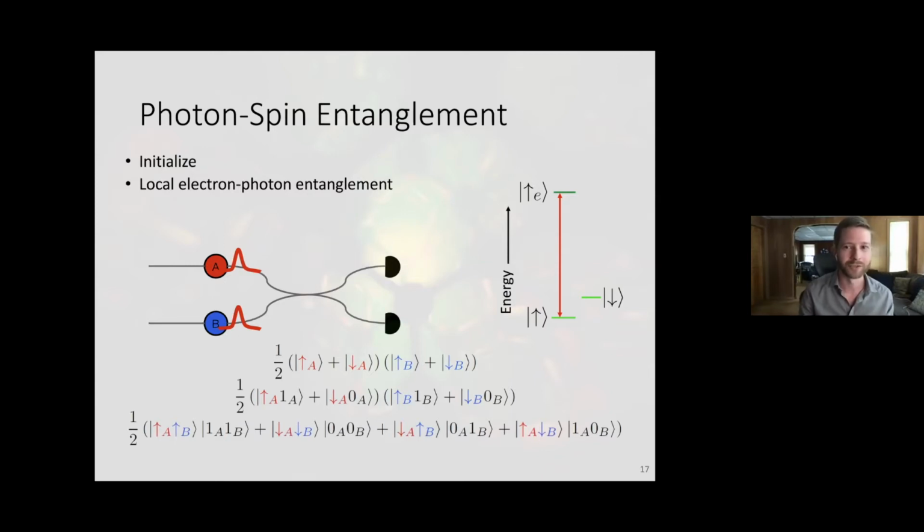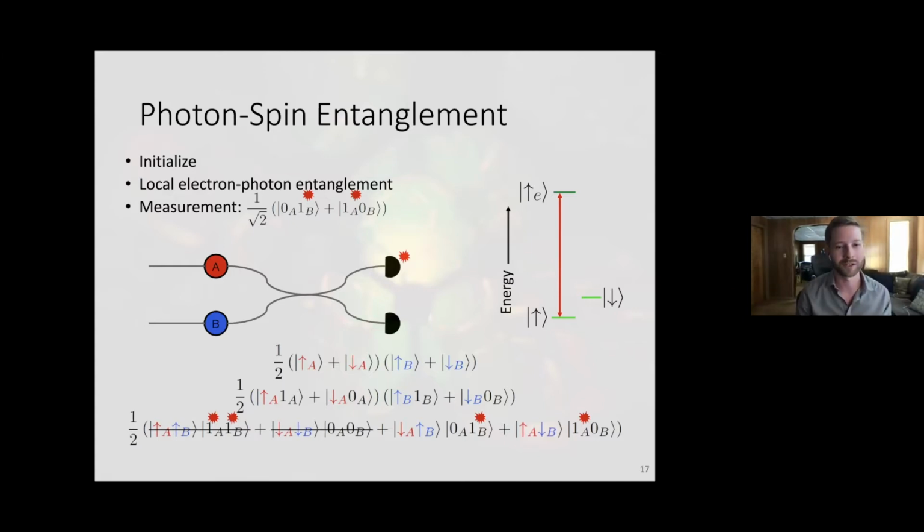And then the last step is to let this photon propagate through the network into a beam splitter and thus get detected at one of our detectors. And so the thing that we're going to be looking for on these detectors, between these two detectors, is a single click, a single event of detection. So we can immediately cross out any states that have 2 clicks or no clicks, which leaves us with the click from either one of the top detector or the bottom detector. And we can just easily match up those terms from our measurement and get our resulting spin portion of this quantum state as a balanced superposition between A and B.